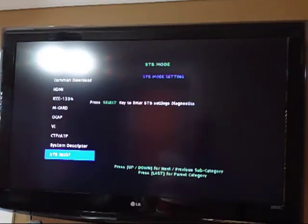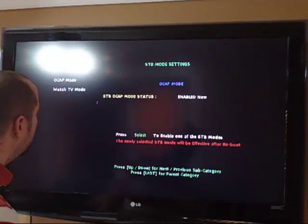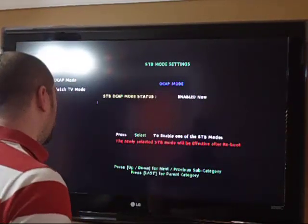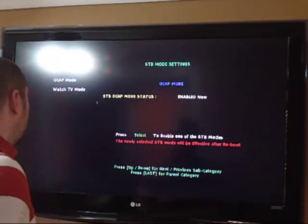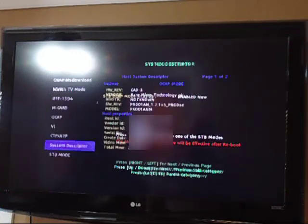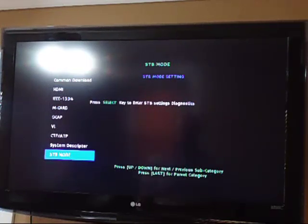Set-top box mode. Let's see here what we get. Select. I'll just hit OK and see if that does it. Okay. OCAP mode status enabled now, which I have no idea what that is. The newly selected STV mode will be effective after reboot. I'm not sure what this is, but I'm going to try to turn that off because I don't want